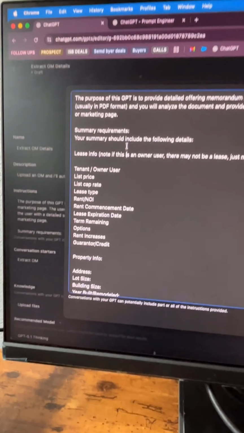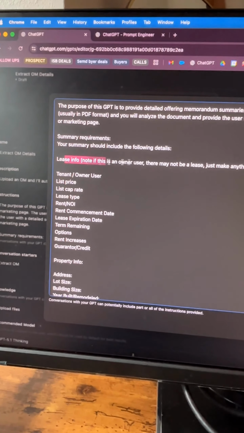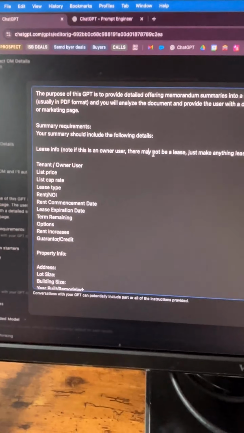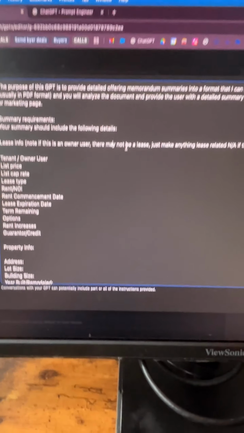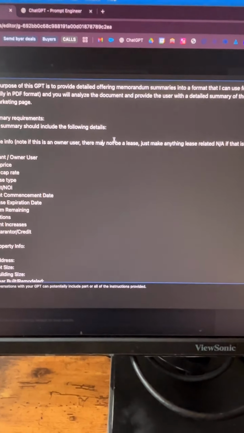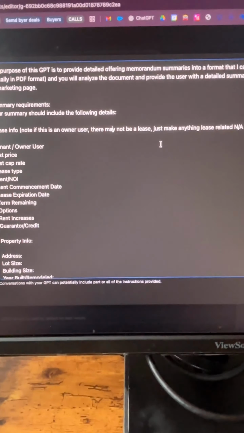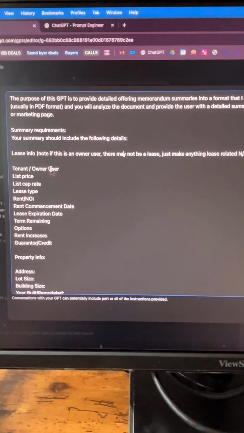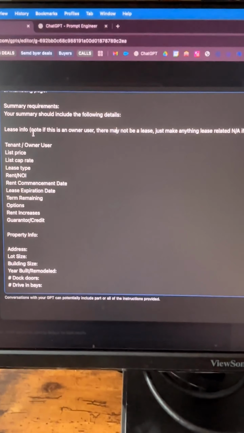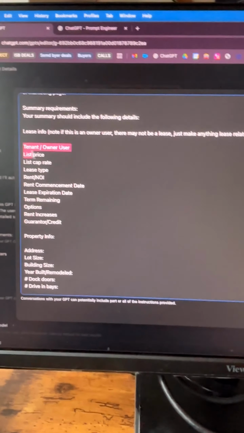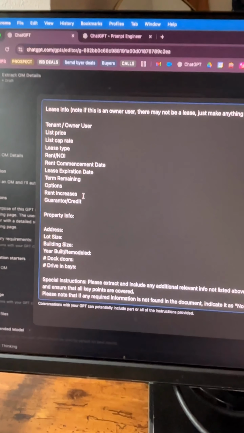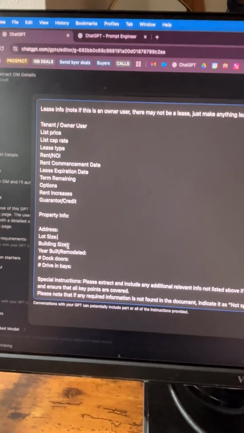So what I have is, the summary should include the following: lease info. I was very specific because if it's an owner user, meaning they run the business out of their building, they may not have a lease. Sometimes they do have a lease, sometimes they don't. So I made that clear: don't provide the lease information if it's not there. Otherwise, tenant, owner user, list price, cap rate, rent commencement, guarantor, credit, the property info, address, lot size,